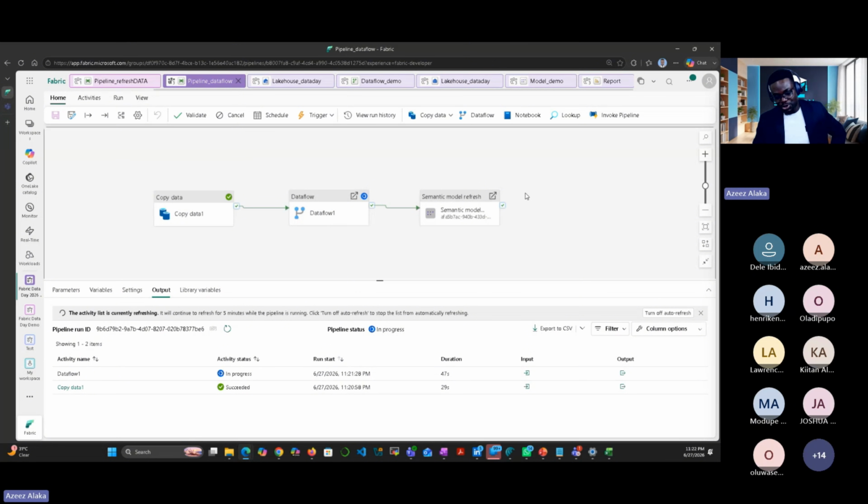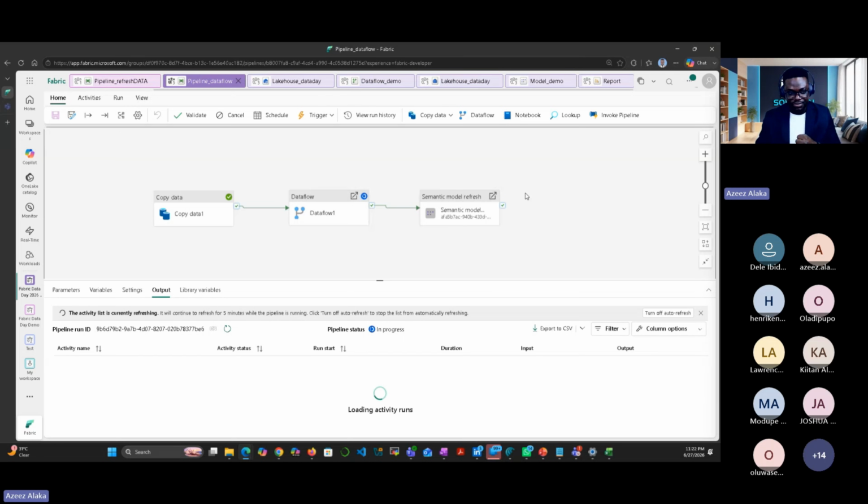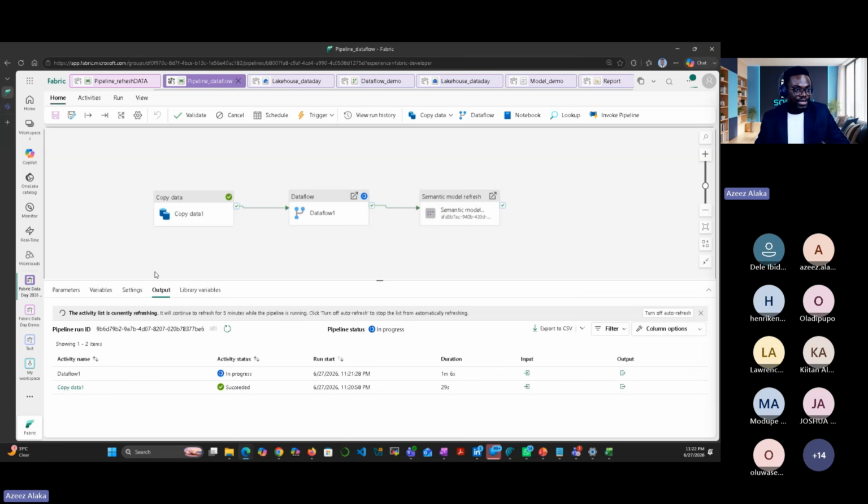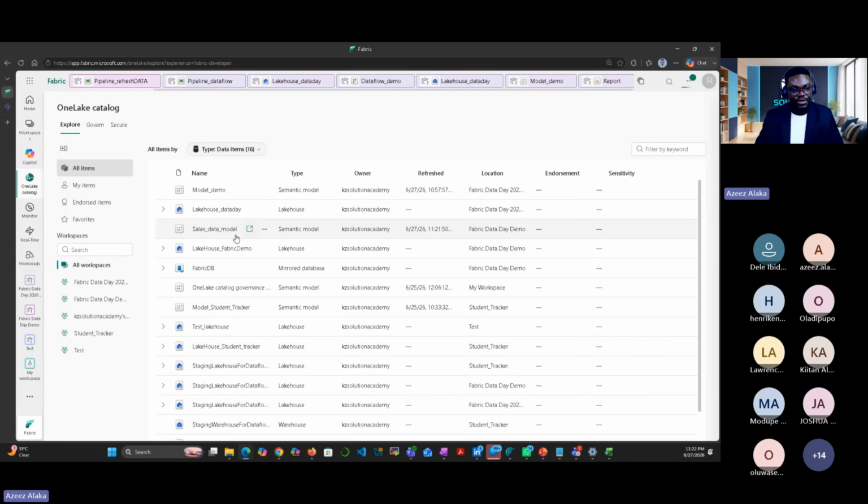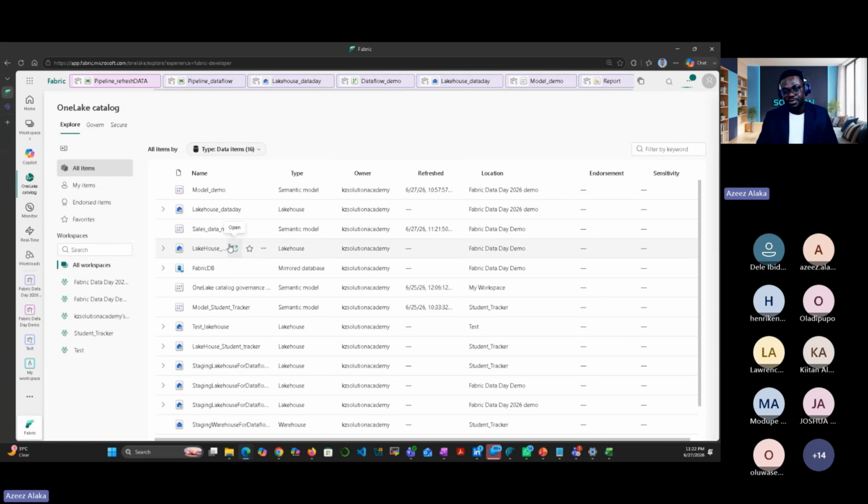It's direct. Thank you so much for that question. OneLake is actually the one taking care of every other thing. You cannot see the item in OneLake if you do not have permission. Remember, OneLake is connected to the workspace. Let me go there, because this is ongoing. If I click on OneLake, you see their location. This location is the workspace. If you do not have access to the workspace, you will not find that data in OneLake. So it is bound to the workspace.